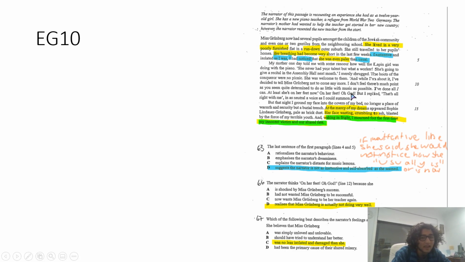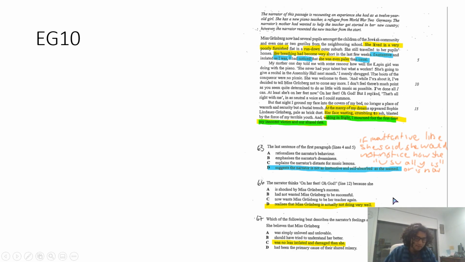C, explains the narrator's distaste for music lesson. Does it? "Inattentive and isolated as I was, I had noticed that she was even paler than usual." Does it say anything about her distaste? Nah. Gone. D, correct answer. 66. The narrator thinks, on her feet, oh God, because she...